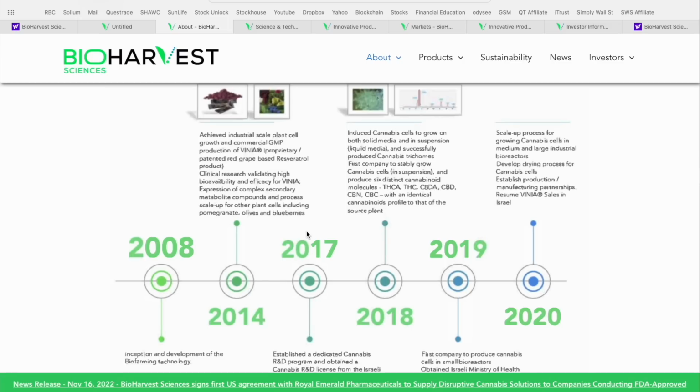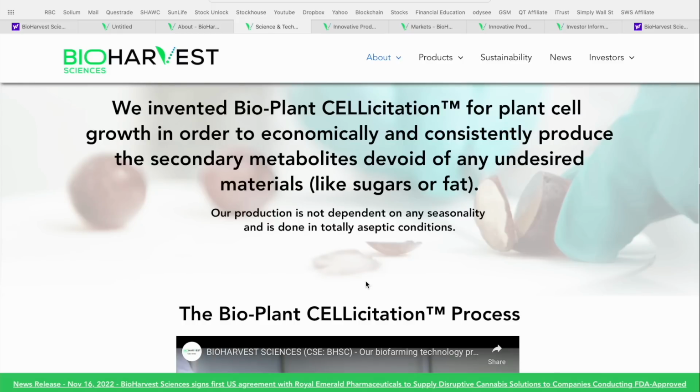And as we'll see in a couple of seconds here, red grapes and cannabis are really only scratching the surface of what the team at BioHarvest thinks is available in terms of this technology. Now, in terms of the actual science behind this process, BioHarvest actually invented and trademarked what's known as bioplant solicitation, which again is focused on plant cell growth in order to economically and consistently produce the secondary metabolites devoid of any undesired materials, like sugars or fats, so a more pure and concentrated product that they can then turn into